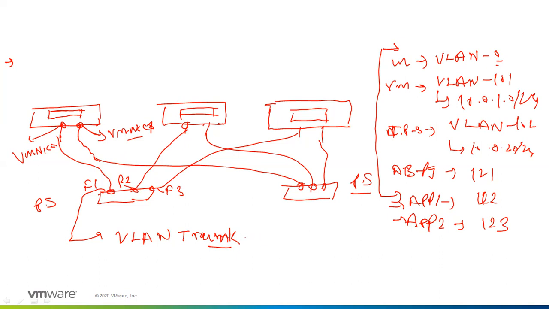So in this case, this switch needs to enable the VLAN trunk for all the VLANs that are coming from the top, so that any traffic can easily move outside, or from one ESXi host to another ESXi host. All right. So now,